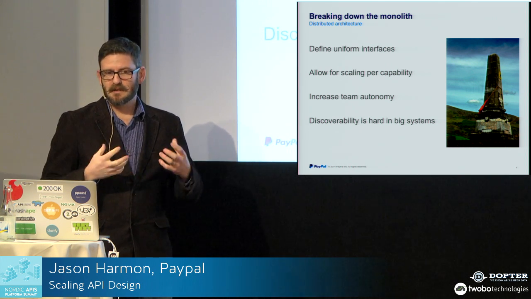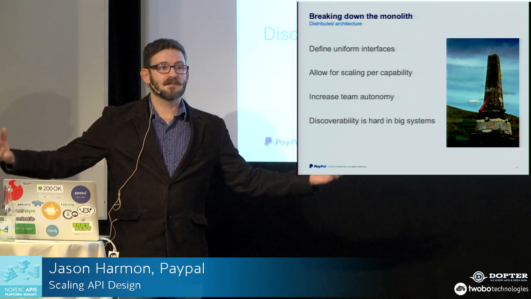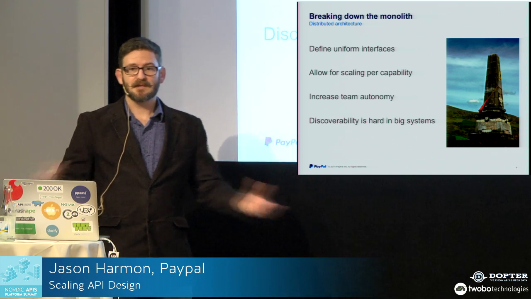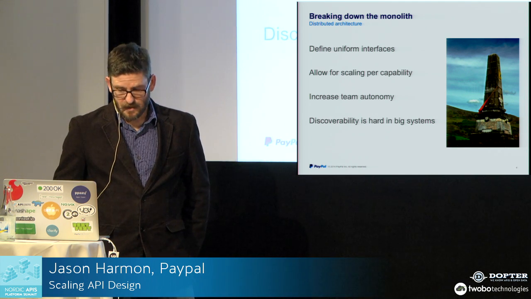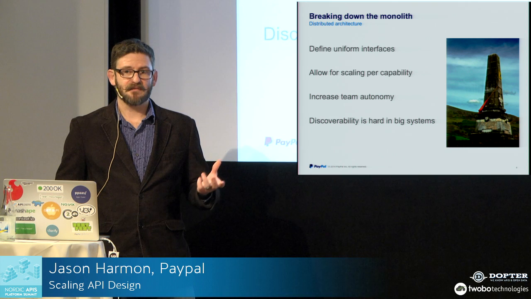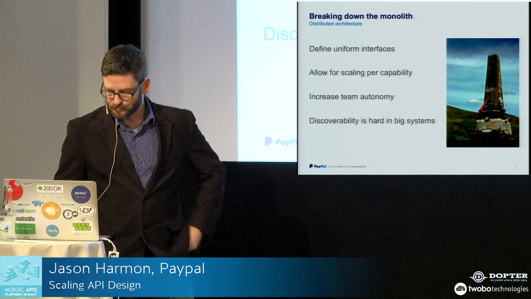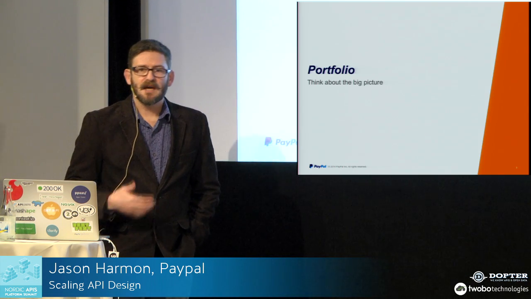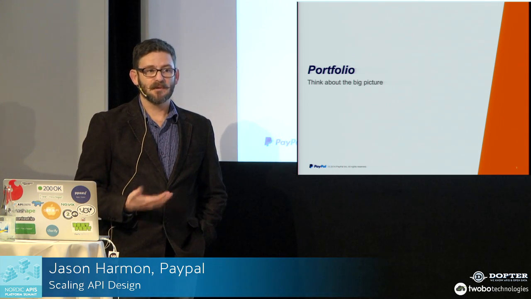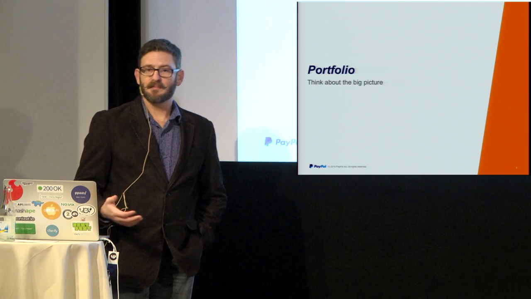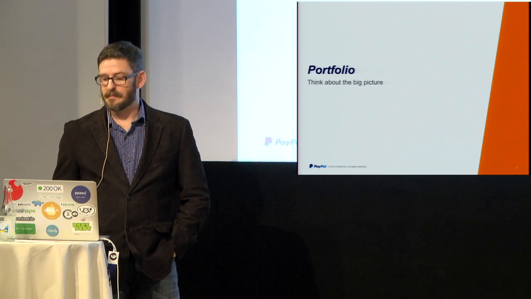So the hard part about this, you got this big ecosystem of lots of services running around. How do you tie them all together? It becomes kind of a discoverability problem. Keeping a cohesive sense of platform is the tricky part. So that leads us to really look at the whole thing as a portfolio of APIs. That's how we refer to it. That's how we operate. We basically manage the portfolio for PayPal.